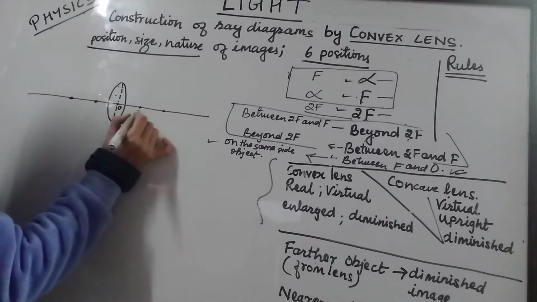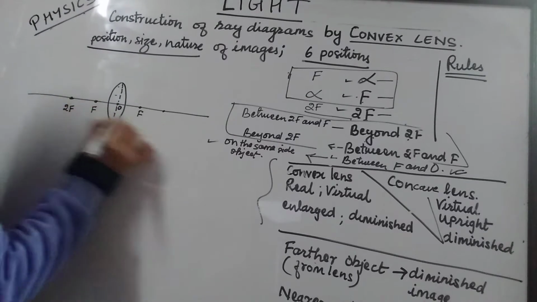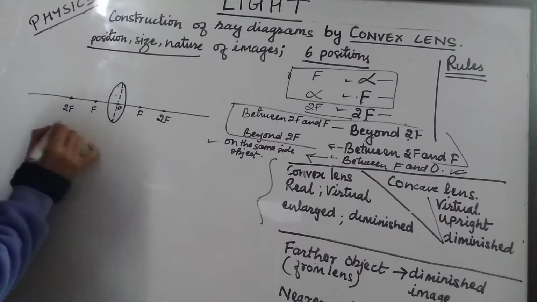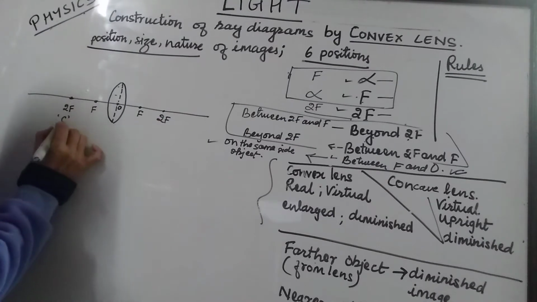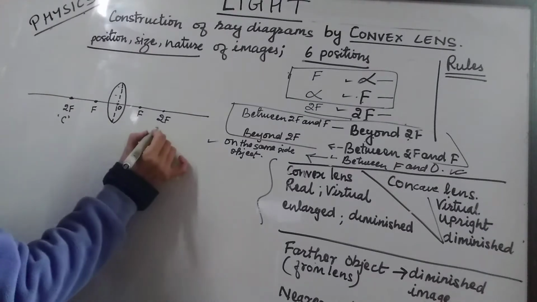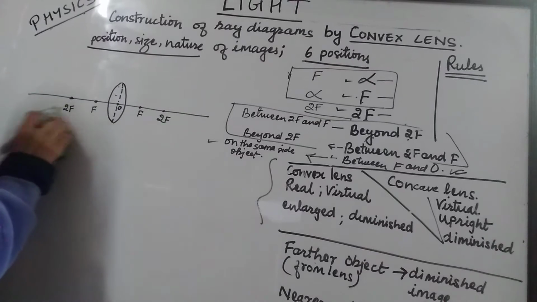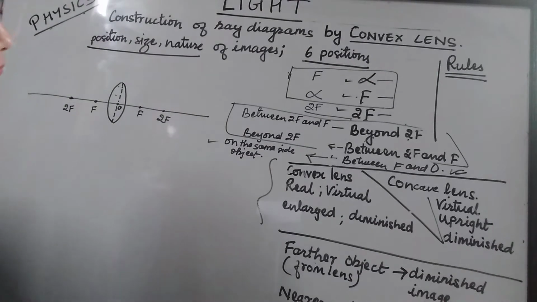This is the optical center, this is F, this is F, this is 2F, this is 2F. 2F is also referred to as the C position, because this is the center of curvature. Sometimes the C position, 2F is C also. Now, when the object is at infinity